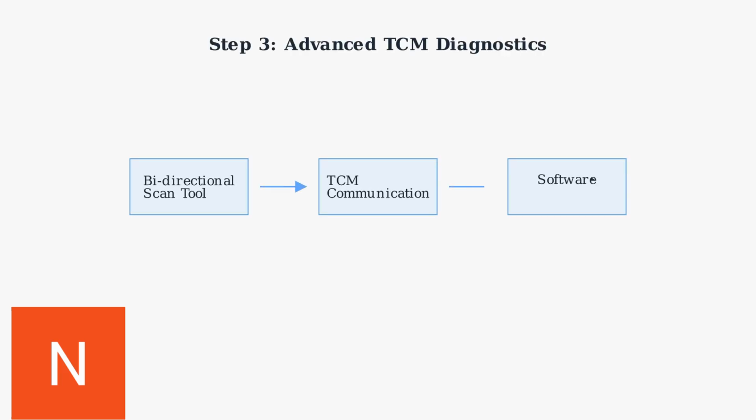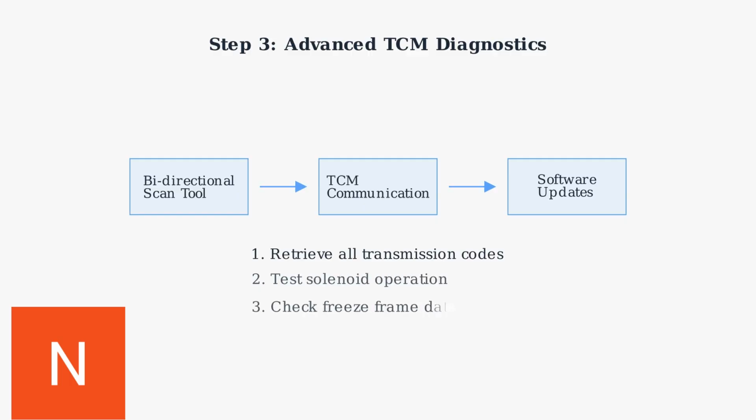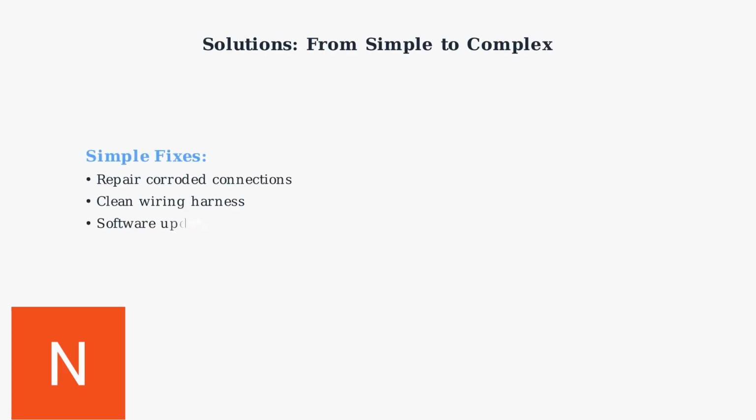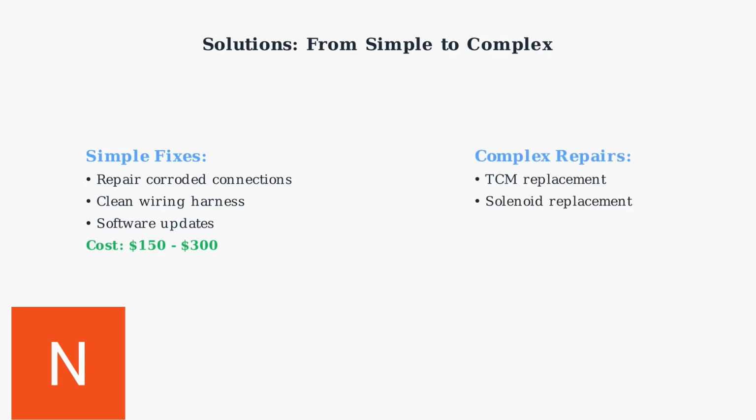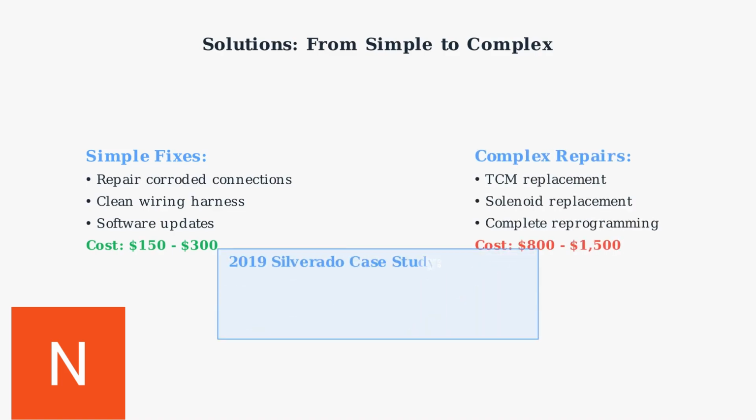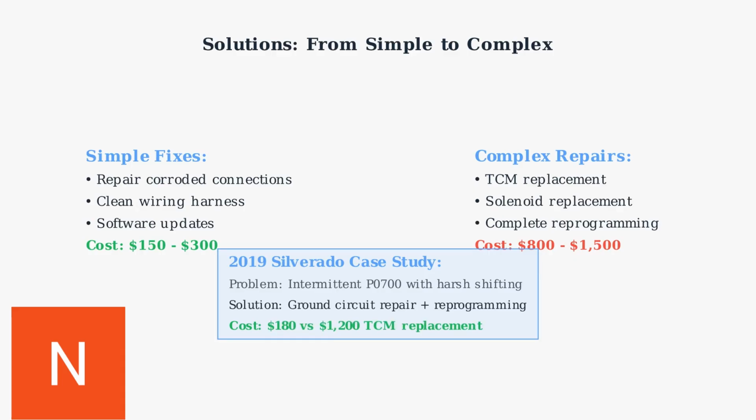corrosion. Advanced diagnostics involve testing TCM communication using professional scan tools and checking for available software updates through GM's service information system. Solutions range from simple repairs to complete TCM replacement. A 2019 Silverado case study shows how a corroded ground connection was repaired for just $180, avoiding a $1,200 TCM